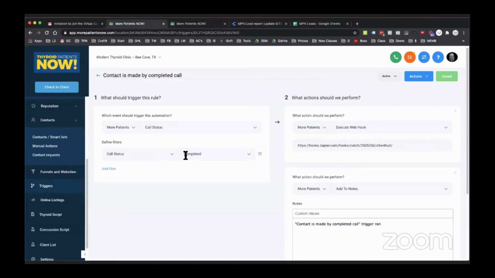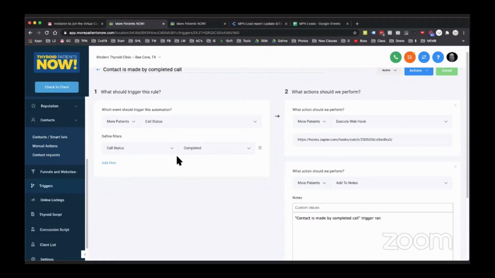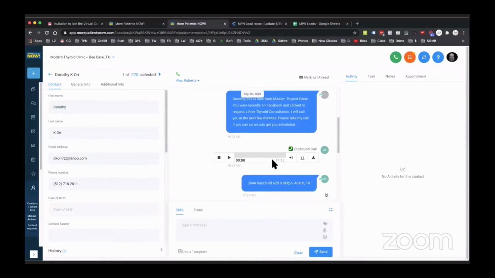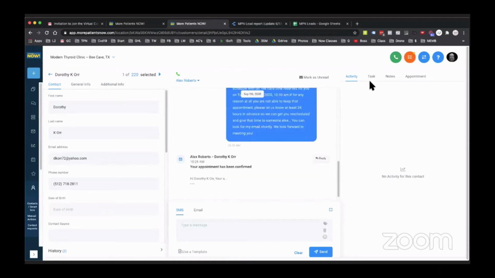I mean, there's no filter on inbound or outbound call, and it's just the status. So anytime an inbound or outbound call is made to that contact and it connects, it should fire. All right, so we've got this, and this is my way of seeing if something fired, and I can also show you Zapier history. But this one right here, she called in, or we called her, had an 11-minute call, had a good long call, and in the notes,